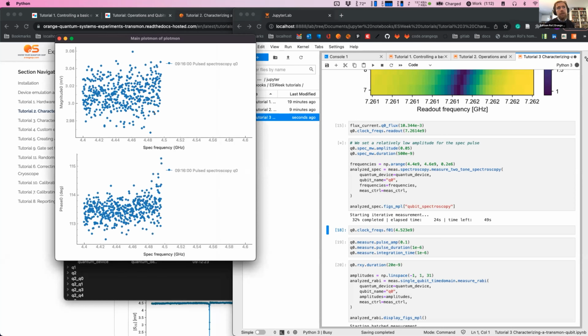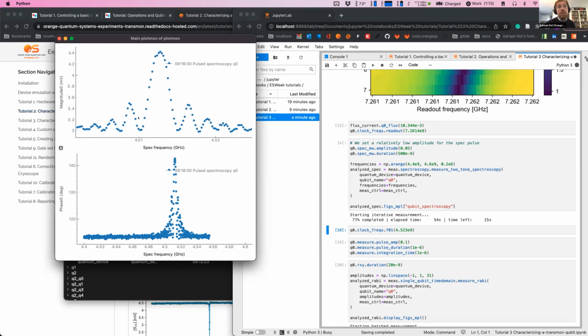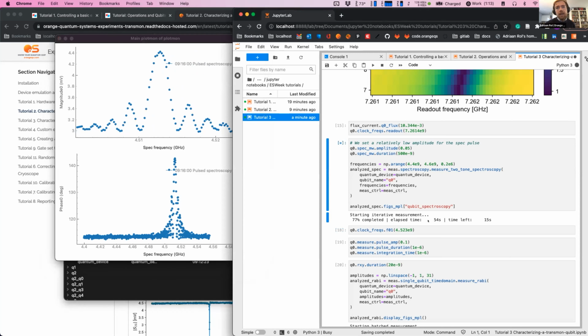But since we're doing a full Lindblad equation solver and we're using a square pulse, we can actually see the effect of the, you could say, the Fourier transform of our square pulse. That's a bit of an abuse of language, so my apologies to the experts who know what I'm saying. But you can really see here the Fourier transform of a square pulse, as it would look when you applied it to the Bloch sphere. And that's pretty cool, that you can actually see these kinds of effects. And now it's almost done. Based on that, we're going to update it.